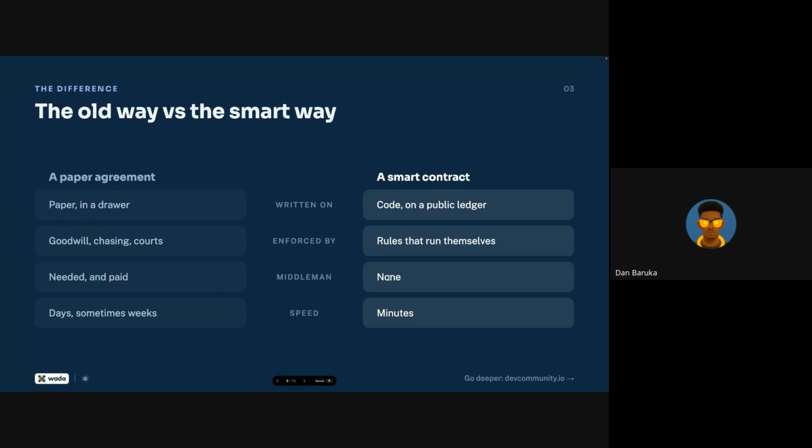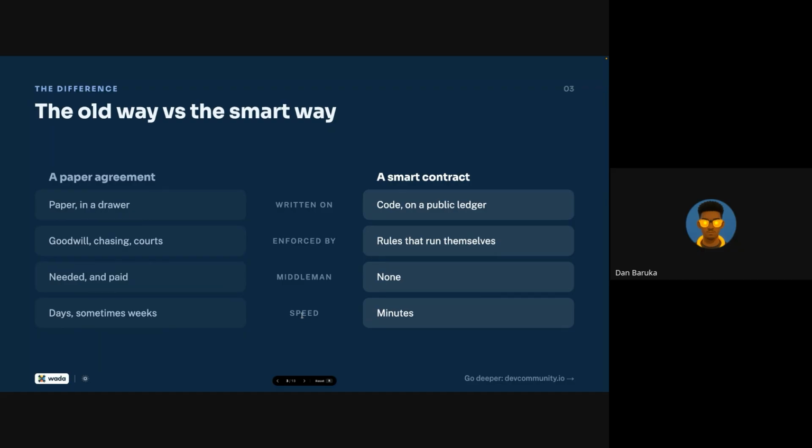And here we don't need any middleman. This is even the real sample of the decentralization in the blockchain. So we never really need a middleman. And the last one, I've just listed 4.